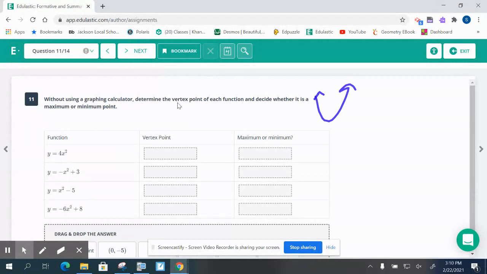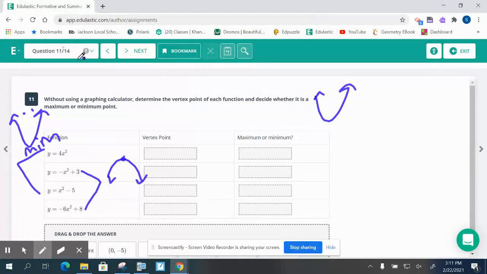For this one, remember that when you have a positive in front, when your function is positive, then your parabola opens up like a smiley face. So that would have a minimum point. If your parabola opens down, it's going to have a maximum point. Okay, so make sure you keep notes of those so that you don't get mixed up. Okay, so I hope this video